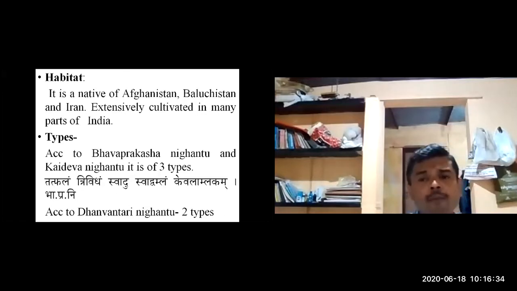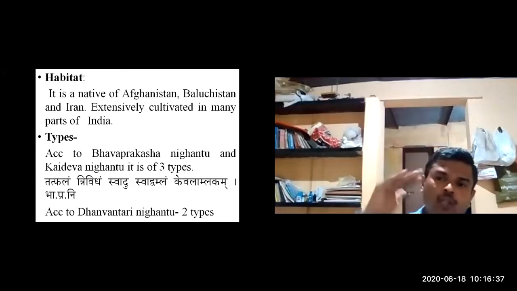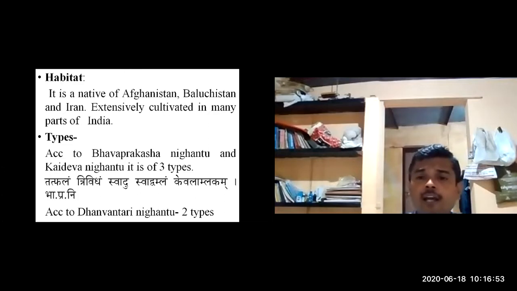Okay. So it is a native of Afghanistan, Baluchistan, Iran. In those areas they used to cultivate it earlier. It is naturally and widely available. Even in India, in some parts of the tropical regions or the hilly areas, it is widely available. And as it is most valuable as an ahara dravya also, especially in pediatric conditions, most food preparations are such that children usually eat these fruits. So because of the requirement, nowadays it is abundantly cultivated throughout India.